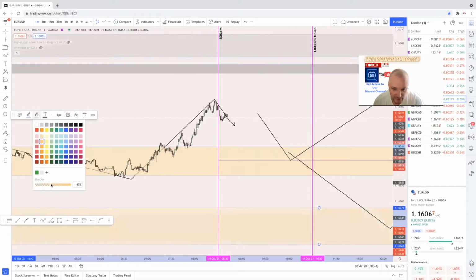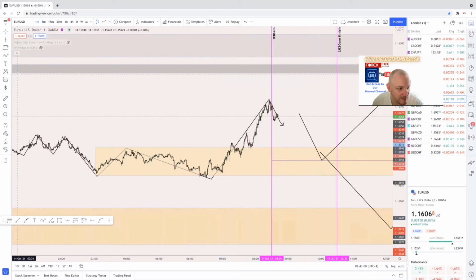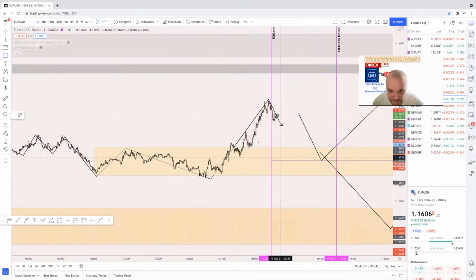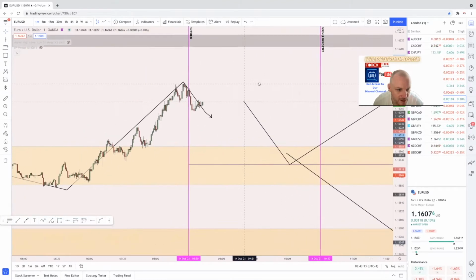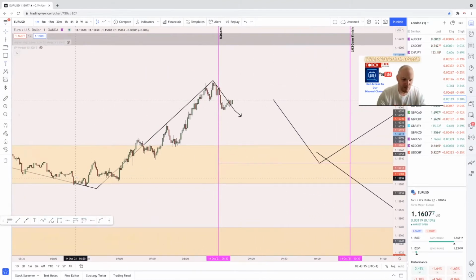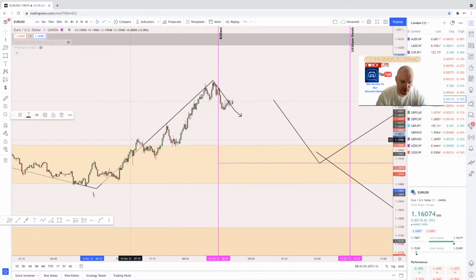And then we're going to have a look at the general area. Right, so again, we've had a good push. We've had a good push out of this sort of area. We've had a push out of that area at the moment. So we just make these bigger. Mark the low. You never rush yourself when you do this bit.